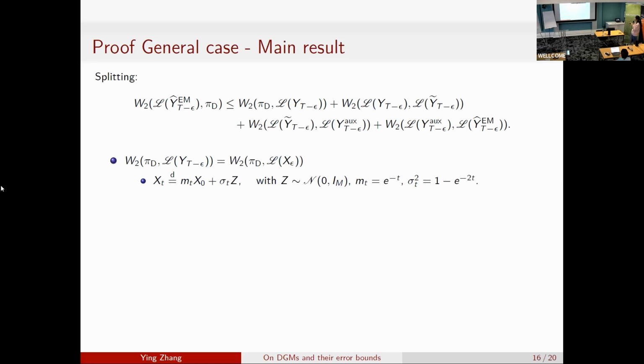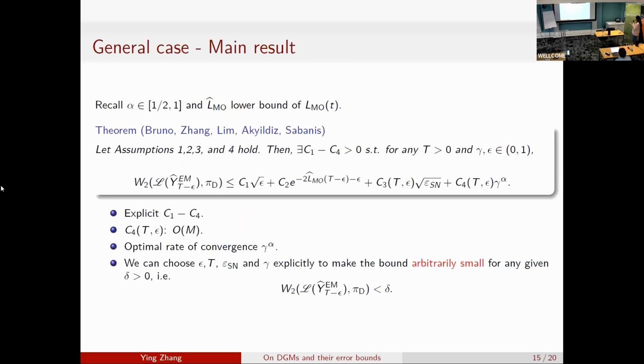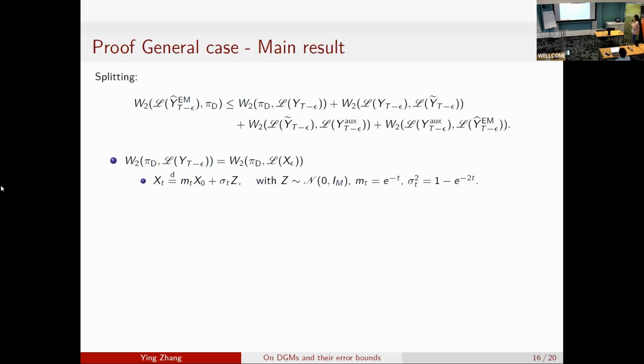For the first term on the right-hand side, because it is exactly the time reversal of the OU process, the law of Y capital T minus epsilon is just the law of X epsilon. So here we have that X T equals this quantity in distribution. After a simple calculation, it is exactly C1 times the square root of epsilon. Now to upper bound the second term,